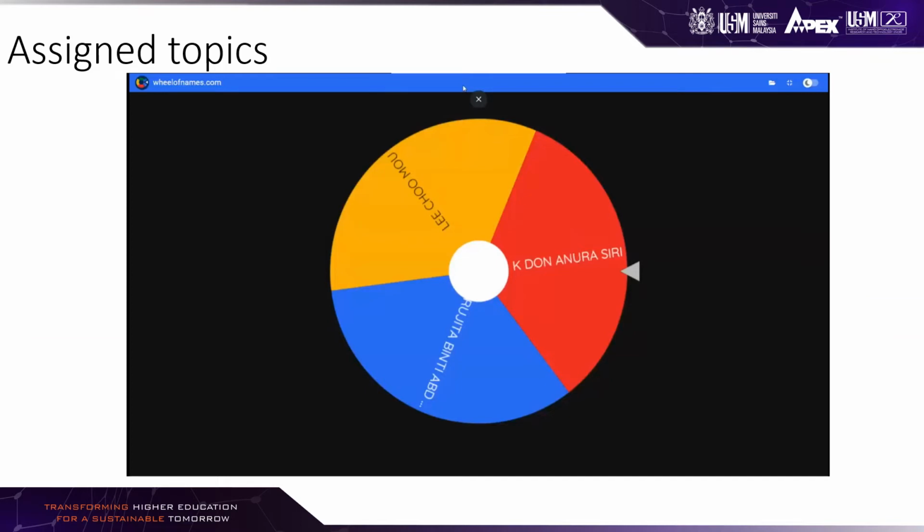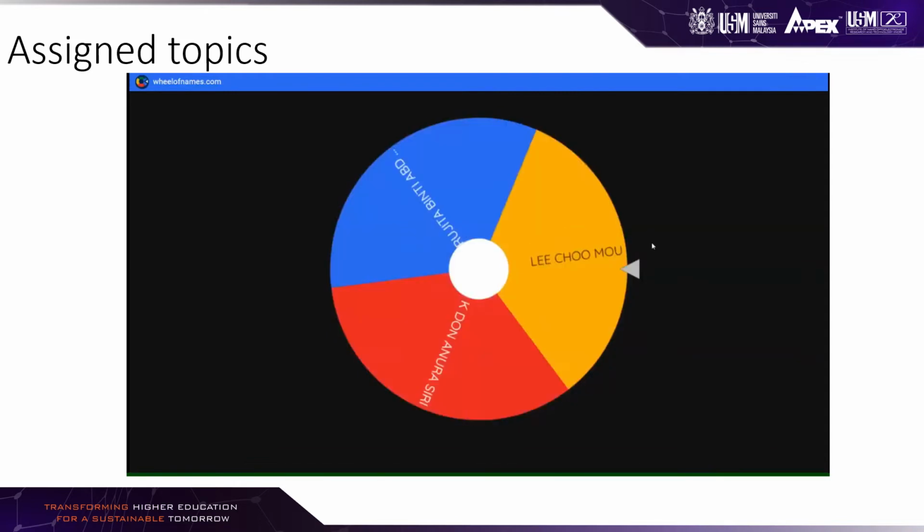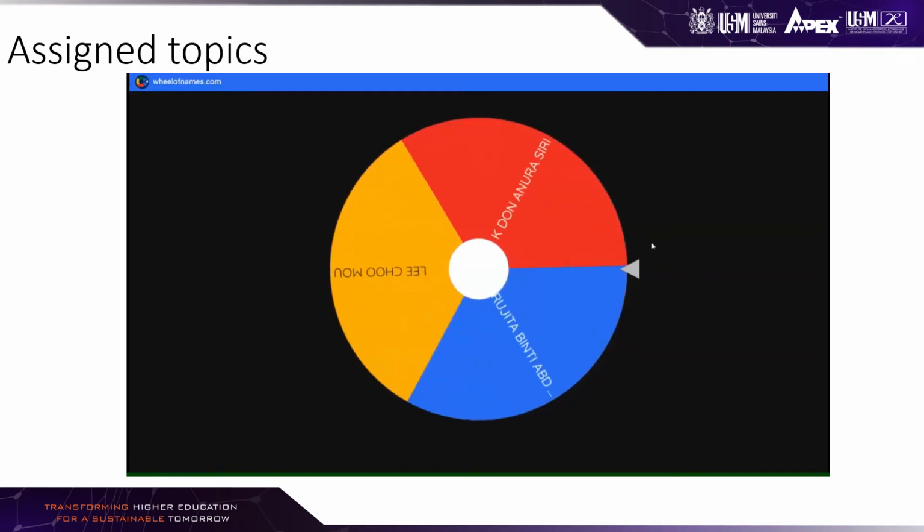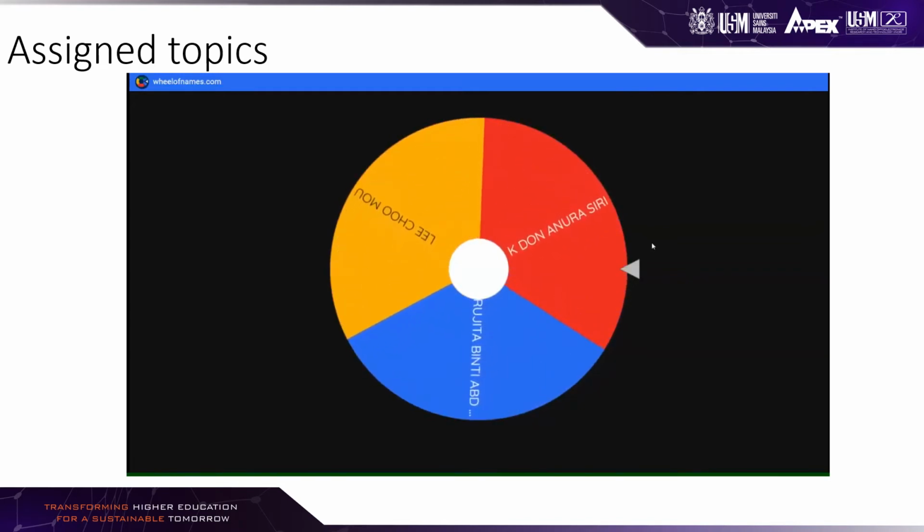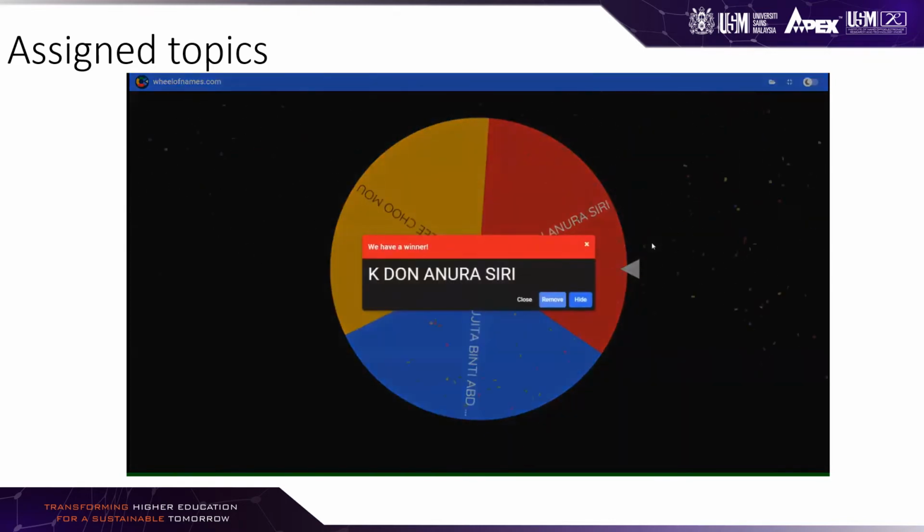Okay, so we are going to use this wheel of names to identify who gets the topic specified for each of you. Okay, so I'm going to play this. So this is just random. So it starts off with solar cell. So the one who got the topic of solar cell is Mr. Don. So congratulations. Please do collect all three journals that are recent and also related to the topic of